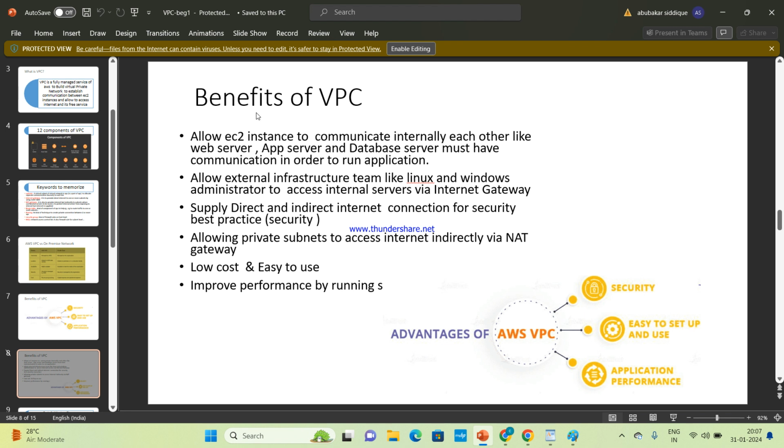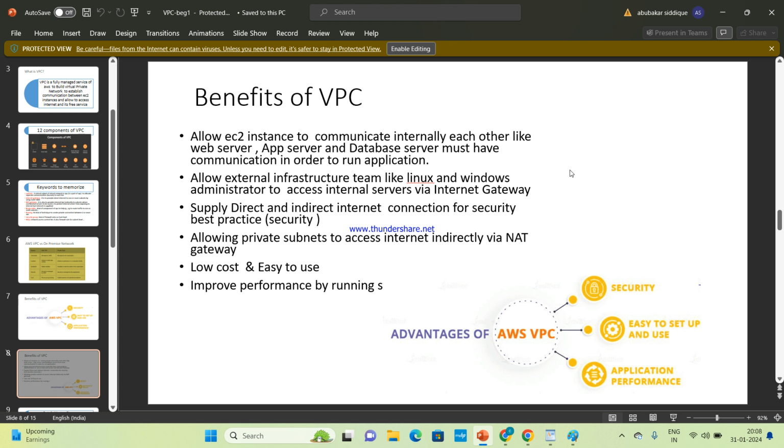It allows EC2 instances to communicate internally with each other, like web server, app server, and database server must have communication in order to run the application. VPC allows EC2 instances to communicate with each other, and it allows an external team like a Linux admin or Windows admin to access internal servers through the internet gateway.